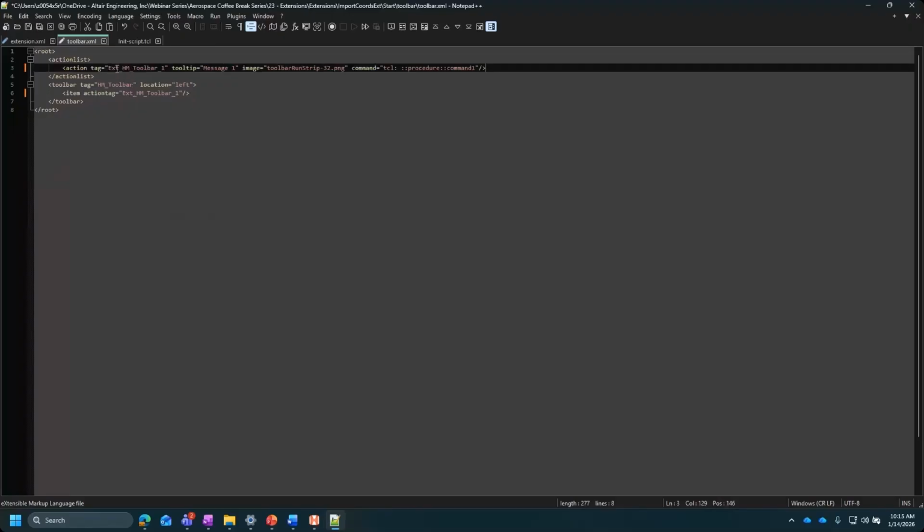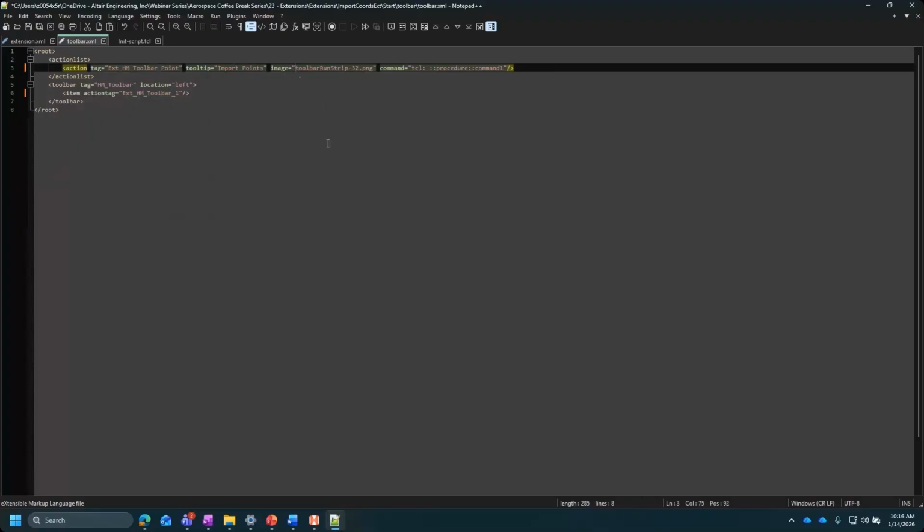And so kind of quickly going through these, this action tag is just basically a tag, right? So this is just defining, all right, this is basically the ID for this operation. So in this operation, I'll be invoking a specific script. So I'm going to name this toolbar for points, and I'm going to invoke my script for importing points via CSV. And then the tooltip is the little message that it gives you whenever you hover your cursor over the button in the extension in HyperMesh. So in this case, I'm going to say import points.